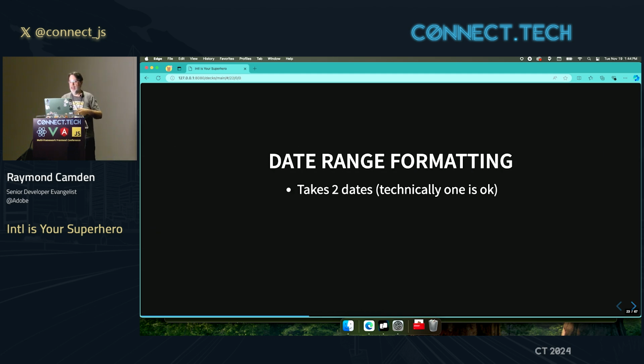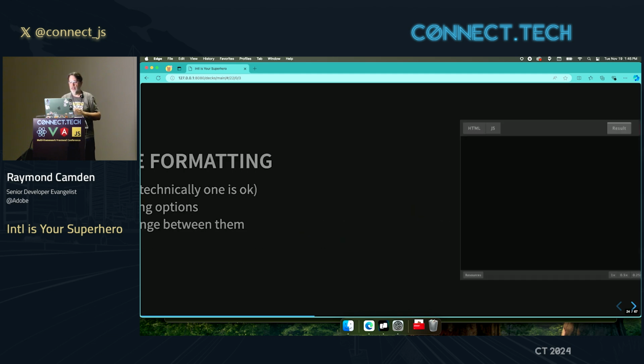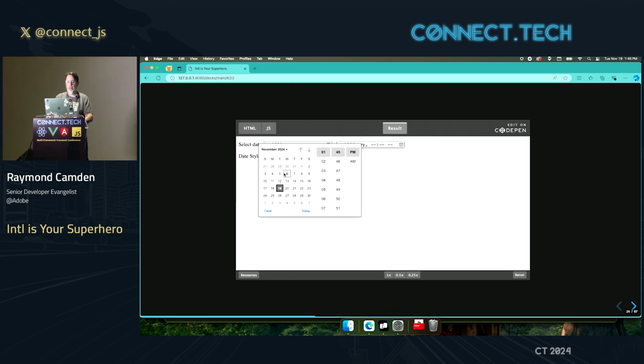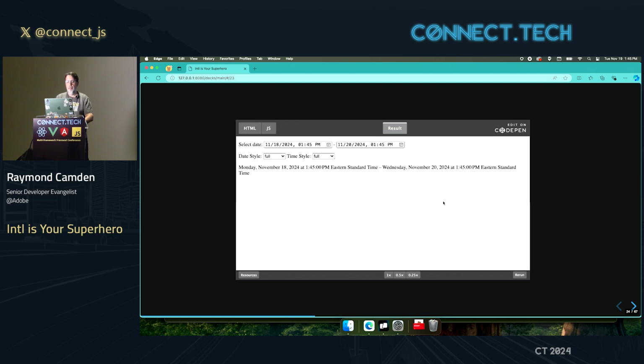So date range formatting, as you can imagine, this will take 2 dates. Technically, you could pass 1. This takes the exact same formatting options and displays the range between them intelligently, and that will make sense when I show some code running. So I'm going to pick a date. I'm going to pick yesterday, and I'm going to pick today or tomorrow. And it's very, very long here. We'll make this a bit shorter. So what the format range function is doing is basically applying the same formatting to both days and putting a dash in the middle. Now, if I go in here and pick the same day,